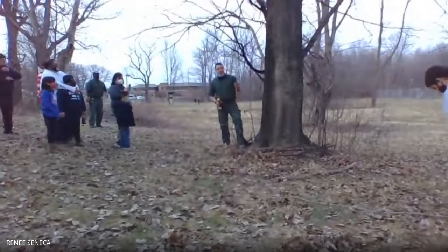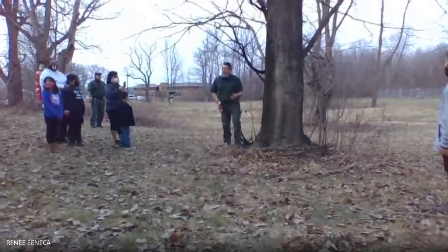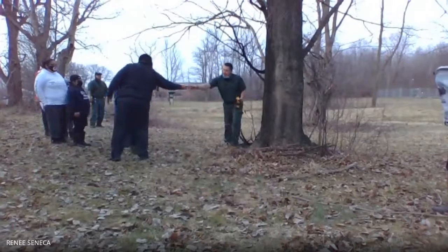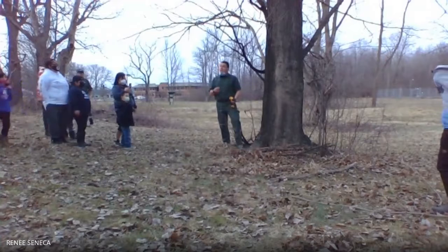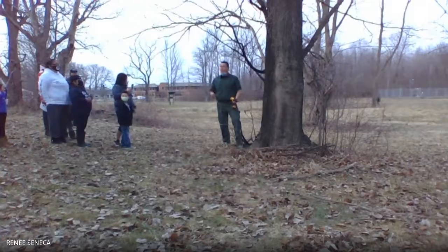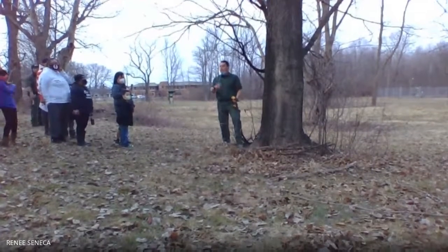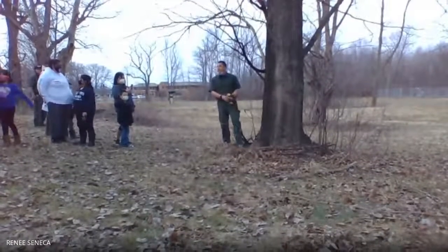The ones we're using came from a beginner's kit for tapping maple for the sap. This one's a size 7/16 drill bit. I know there are some that require a 5/16 drill bit. We do have extra buckets, and we can get more buckets and spiles too. So if you're interested in taking a couple buckets home to tap yourself, or if you have family that has maple trees, you're more than welcome. We can give you some today, or arrange for you to come and pick some up. But yeah, back to the tapping,